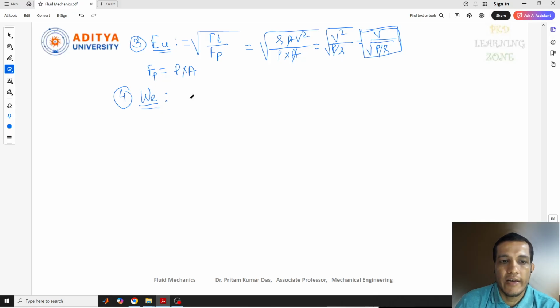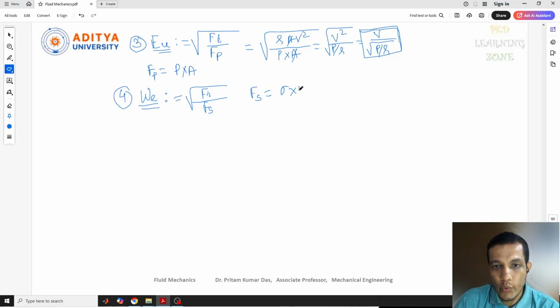Weber number we can write equal to the square root of Fi, this is fixed, square root fixed, Fi fixed. The next force we discussed is the surface tension force, Fs. Fi we have already calculated, and Fs we also calculated in our previous video where we discussed the forces acting on fluid flow. There we discussed that surface tension is nothing but sigma into L,